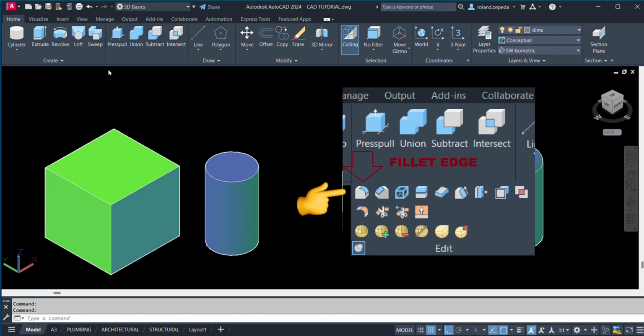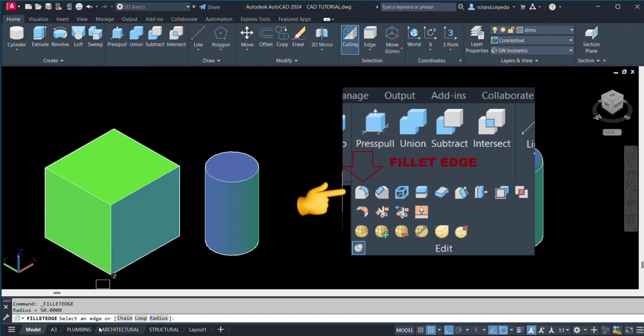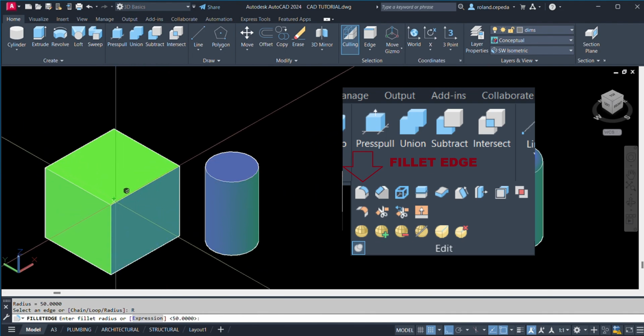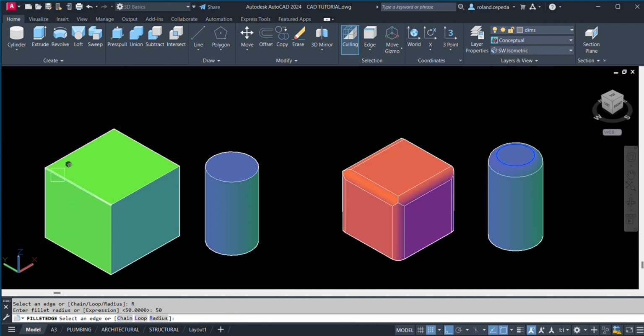So let us select this one and then select an edge, or you can choose chain, loop, or radius. So I'll just type R for the radius. Since my box is 500 by 500 mm, I'm gonna input 50 mm for the fillet edge radius. So next thing to do is select the edges.